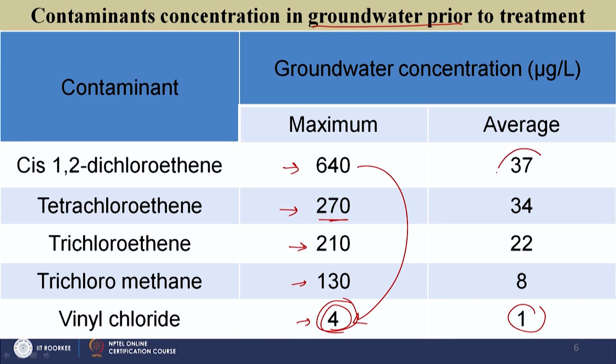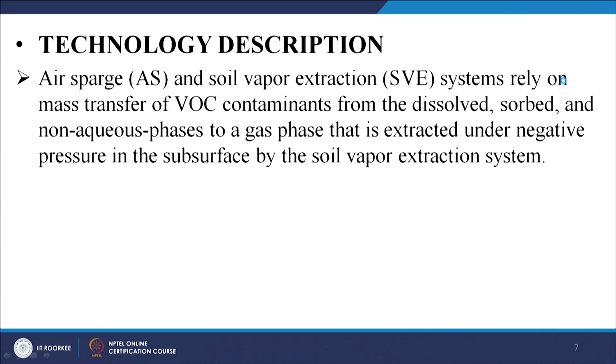But again obviously what you see here, the average concentration is relatively less, but here its units are also different, so we can't make like for like comparisons. But typically the concentrations of volatile compounds will be higher in the gaseous phase compared to the aqueous phase. So let us move on. So technology obviously, air sparging and soil vapor extraction, this is something that we have already looked at. So we are looking at transfer of the mass.